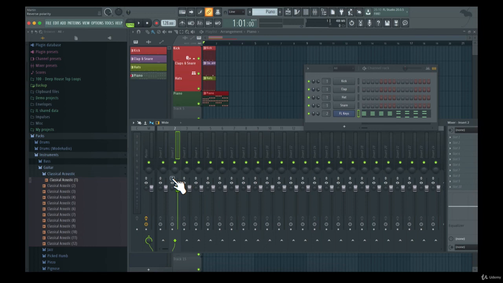To our mixer here, you can see that here we have a little pan dial here. So this is for all of the different mixer channels. Then we have reverse polarity, so you can reverse that in the mixer here. You can swap left and right channels, so you can